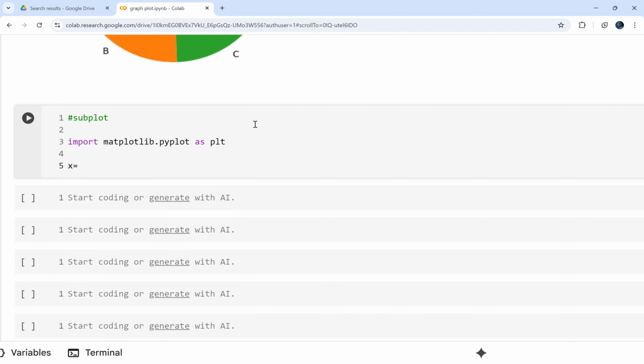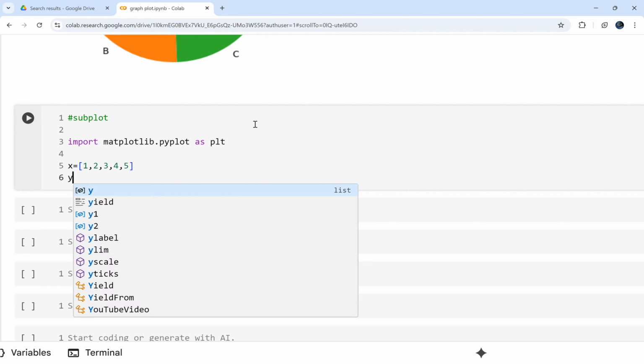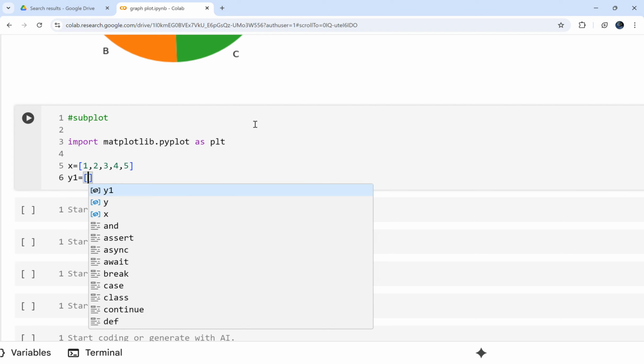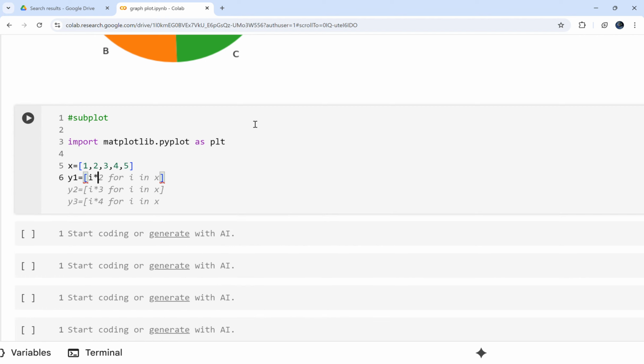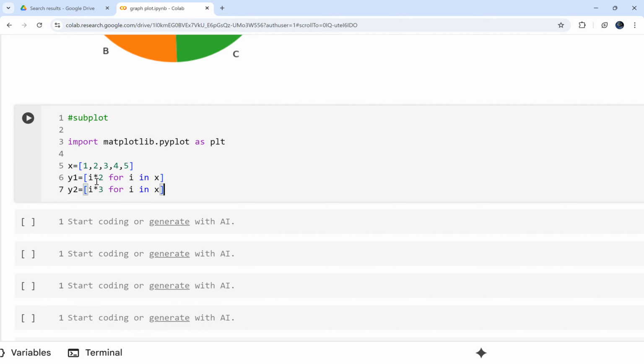So x is equal to, I just give a list, and we create two y-axis, y1 equal to a list. I'm just going to use a list comprehension here. I'm not going to type everything. Yeah, this gives me a recommendation, right? So I don't need y3. Here what I did is I created i into 2 for all the i values and i into 3 for